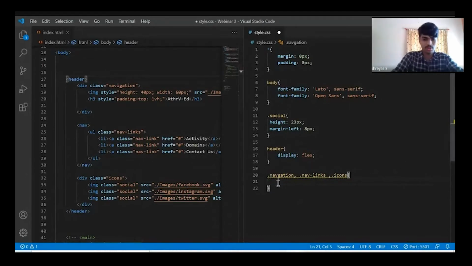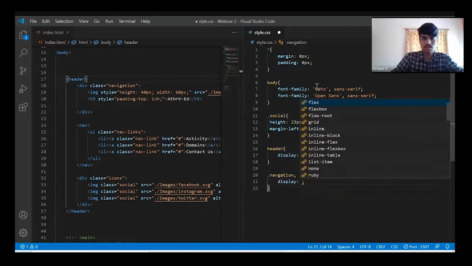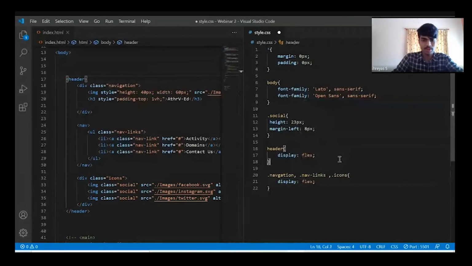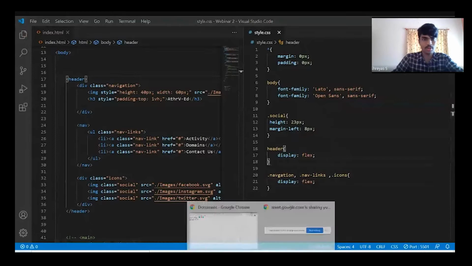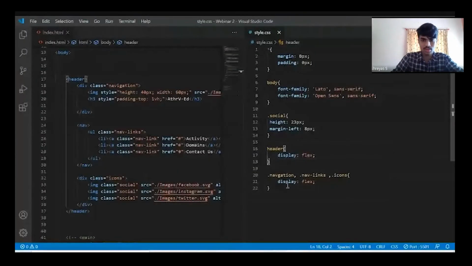I'll set display as flex. So now all the things will appear in a straight line. See, everything has been applied in a straight line. Now next, what I have to do is add a space in between them. So how do we add a space in between them? Let us use